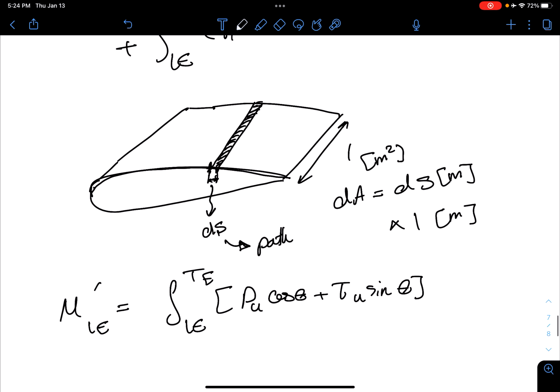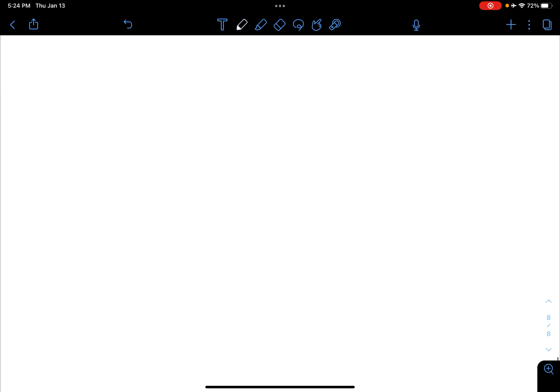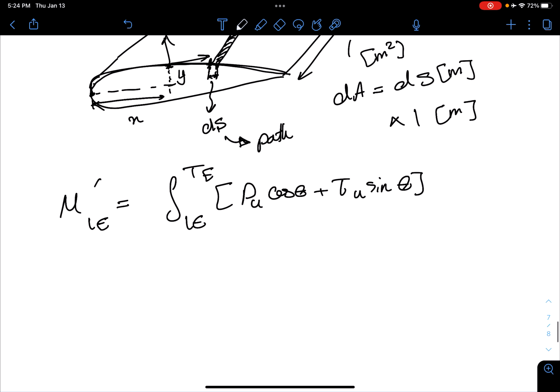So if you are talking about the normal force and axial force, the normal force acts on this distance, x. Axial force acts on this distance, y, right? If we're talking moments, right? Moment is force multiplied by the distance. So where were we? Yeah. So this moment, this is multiplied by x